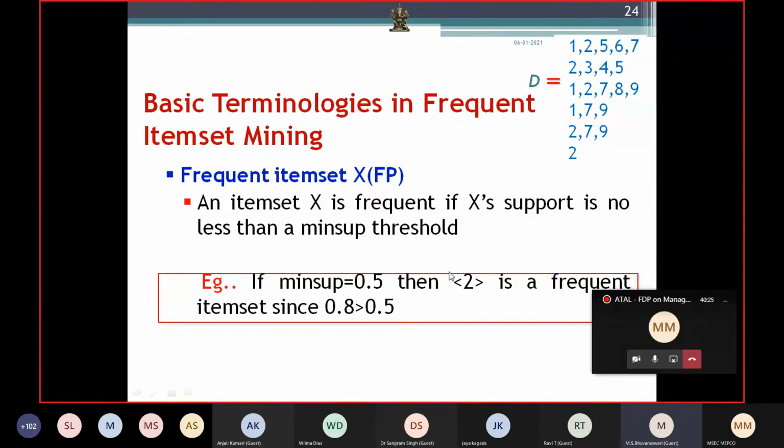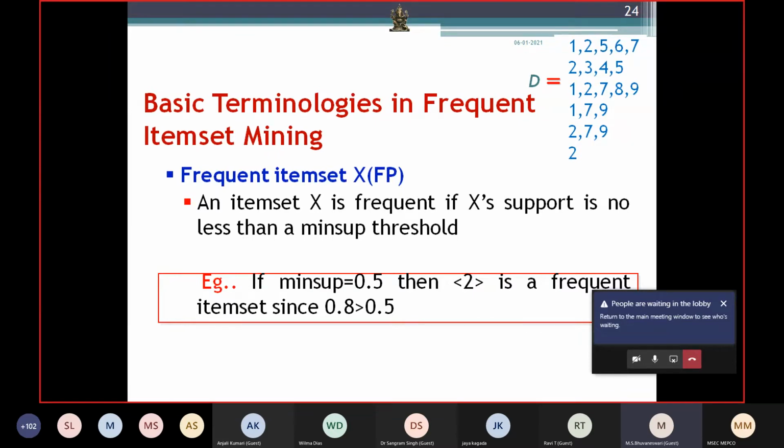We count the transactions in which we have it, out of the total number of transactions, so it is relative support. That is 1, 2, 3, 4, 5, so 5 by 6, which is 0.8. 0.8 is greater than the minimum support threshold, so I will say that 2 is a frequent item set.